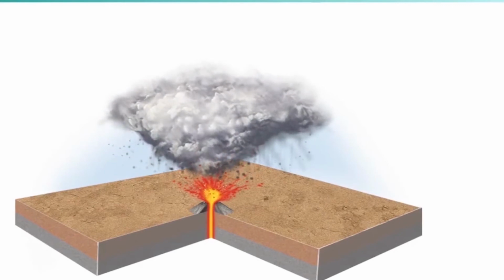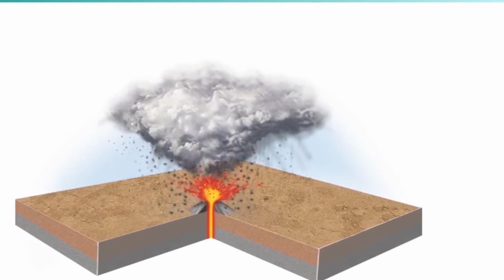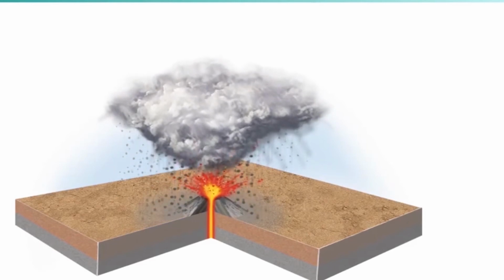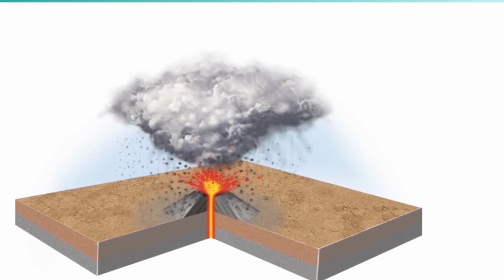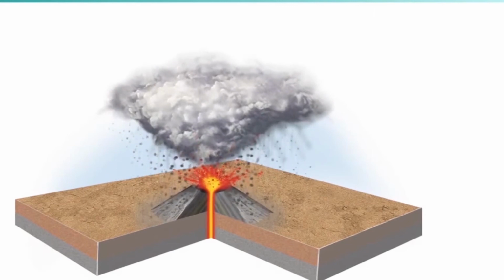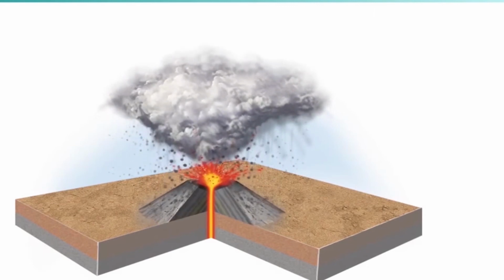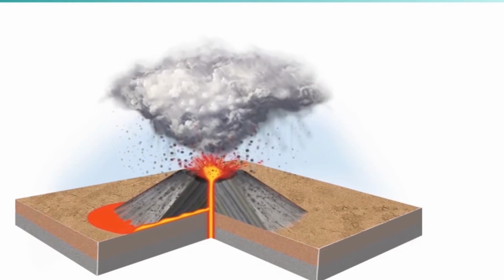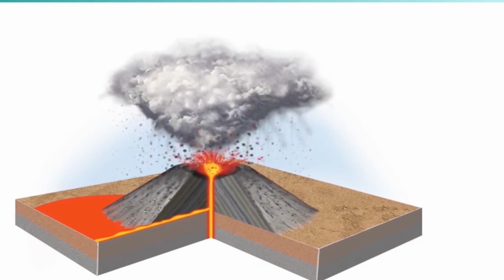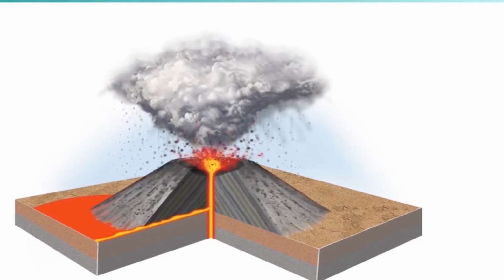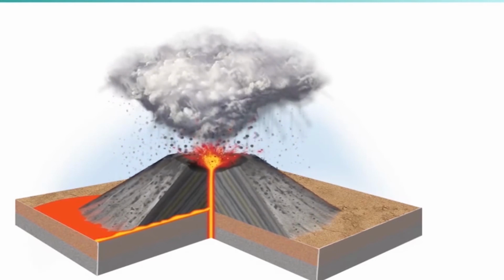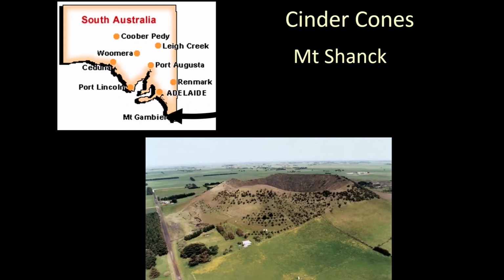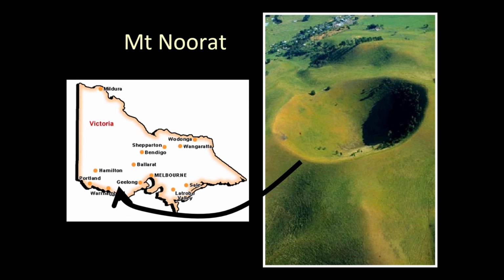Other types of volcanoes that you can get are cinder cones. Cinder cones are formed by the explosive nature of magma that's thrown up into the atmosphere in very fine particles. It cools and comes down as cinders or ash and builds up quite steep slopes, because it's just falling down and building up a small but steep-sloped volcano. There are some great examples in eastern parts of South Australia and western Victoria, such as Mount Shank and Mount Noorat, which you wouldn't really know unless you flew over them sometimes,